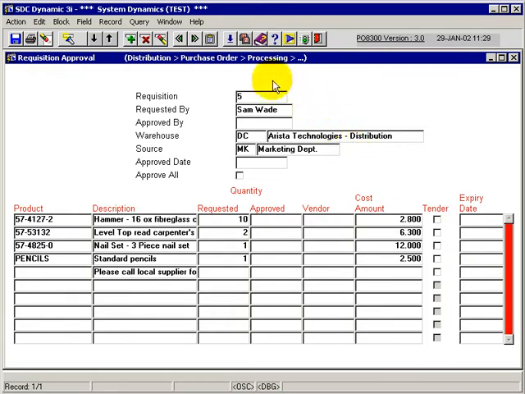product. This requisition 5, the requested by, who it was entered by, I can enter the approved by, so it might be myself doing the approval, the warehouse that it's actually coming into, and the source that I entered on the requisition, those internal references coming from the marketing department here. The approved date would be timestamped to the system date if I don't do anything, or I can actually enter in the approval date